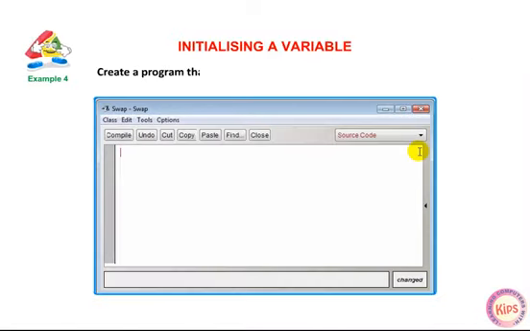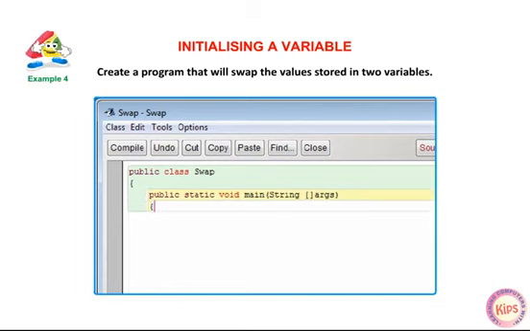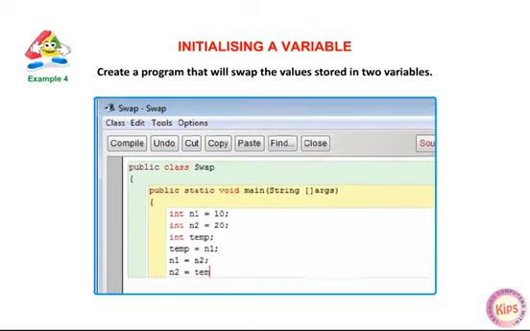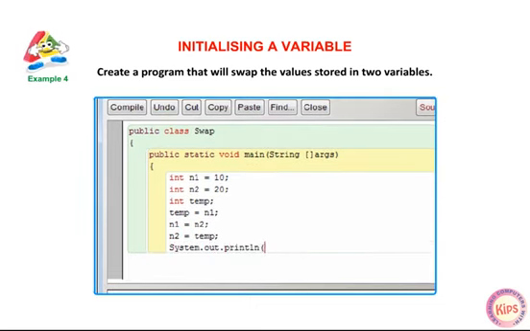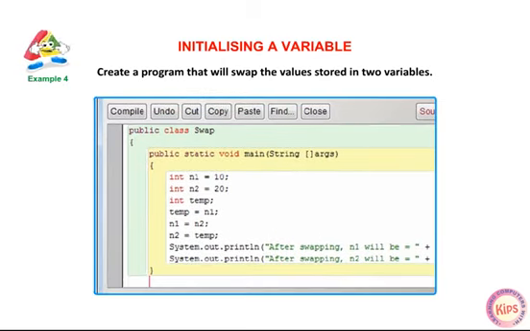Example 4. Create a program that will swap the values stored in two variables. public class Swap { public static void main(String[] args) { int n1 = 10; int n2 = 20; int temperature; temperature = n1; n1 = n2; n2 = temperature; System.out.println("After swapping, n1 will be equal to " + n1); System.out.println("After swapping, n2 will be equal to " + n2); } }